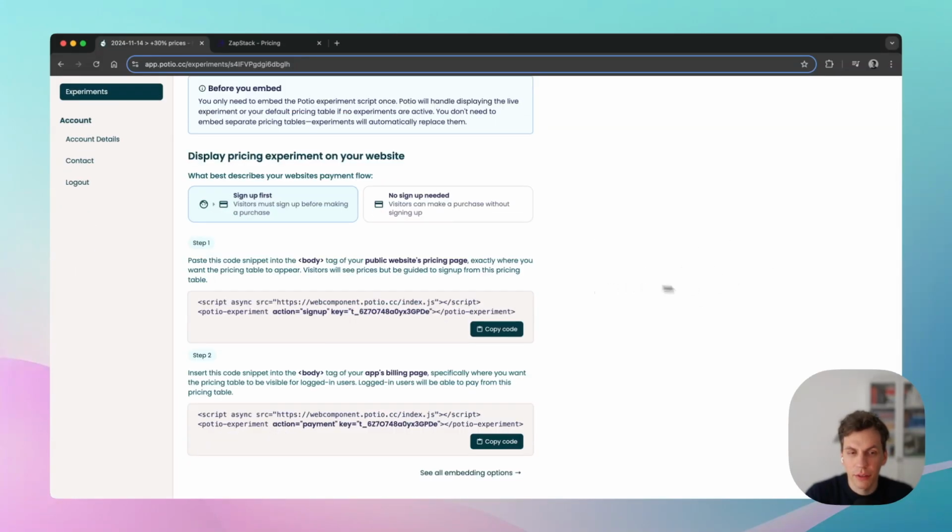Potio works with any platform, whether you're using a modern development framework or no-code solutions. And the best part is that you only need to embed the experiment once, and after that you can launch new experiments without touching any code. So I'm going to copy the HTML code from here, and I'm going to paste this into the public pricing page of my demo